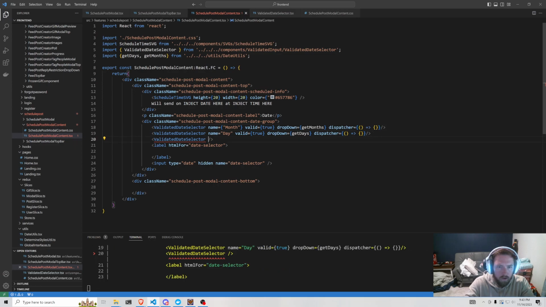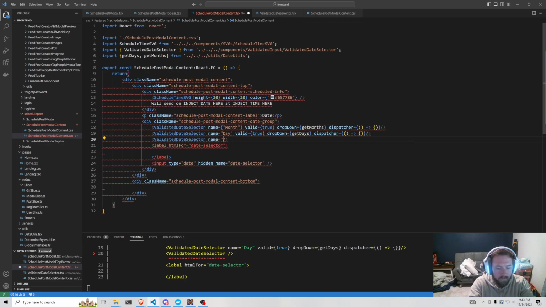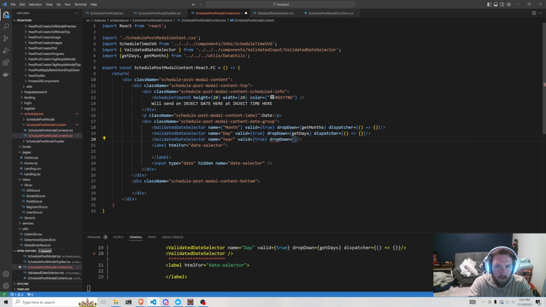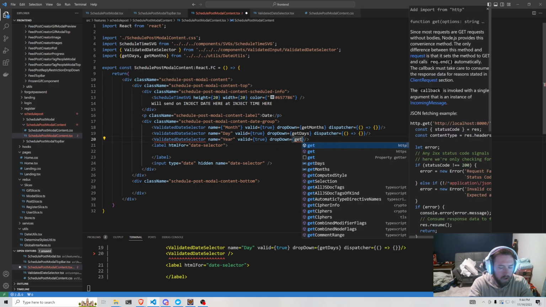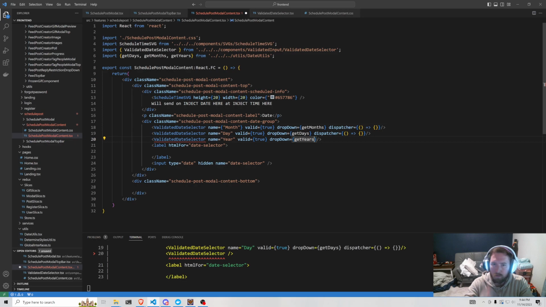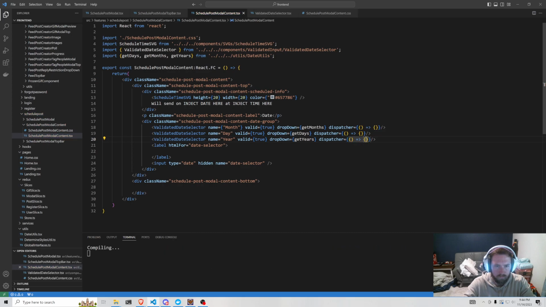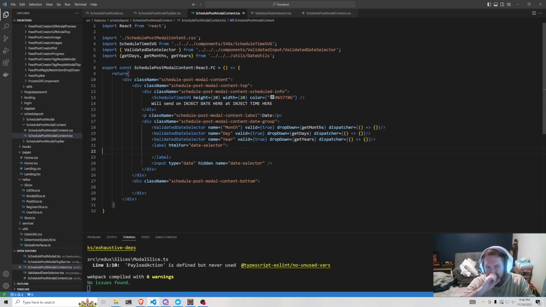And then finally, name equal to year, and valid equal to true for now. Drop down equal to get years. I don't remember how far years goes back, but whatever. And we'll set our dispatcher. All right, cool. Inside of our HTML, we need a